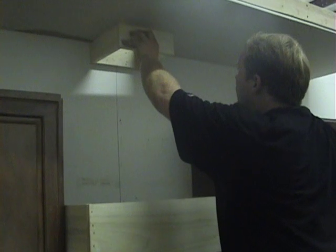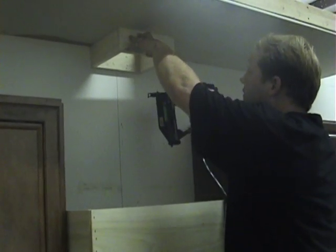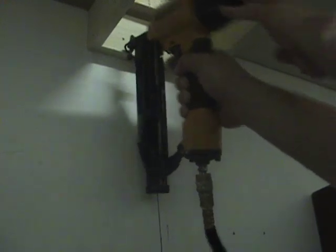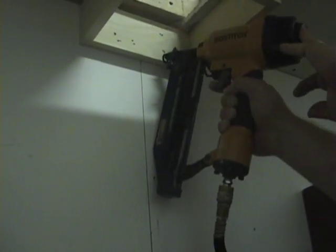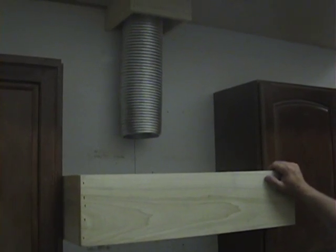Now we'll install this to the wall, placing it up along the bottom of the ceiling. We'll use our butterfly technique to attach it. The butterfly technique is where you take the nail gun and shoot 2 nails in the same location but in opposite directions. We've gone ahead and run the ductwork into the attic, and we're ready to move on to the next